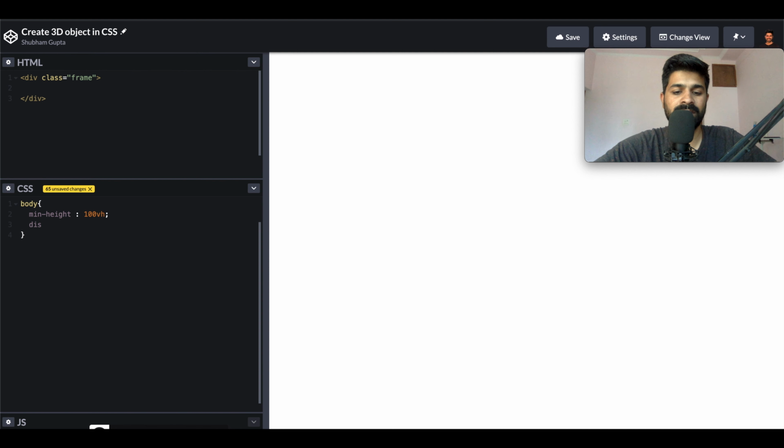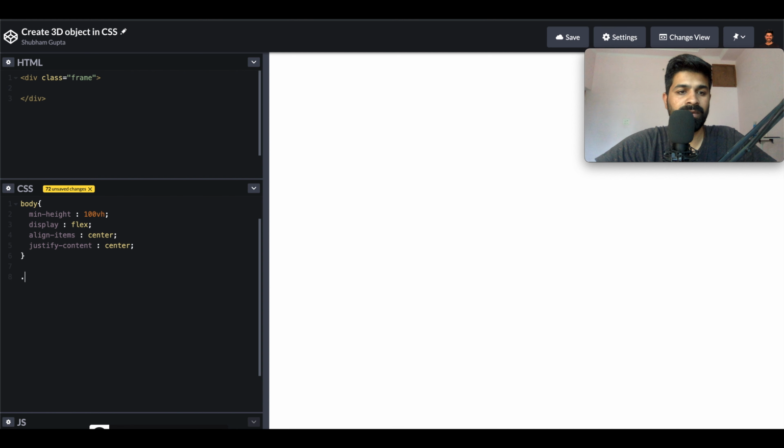So I'm writing display flex and align items for the vertical alignment, and justify content, as you do in Notepad or MS Word and Docs, justifying the content into the center.